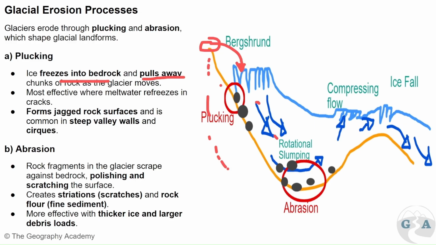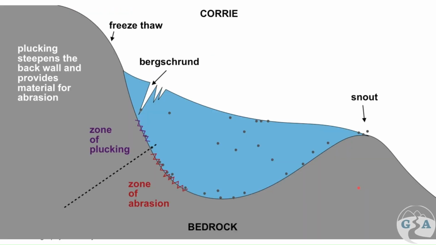So the plucking starts to erode away the back wall and makes it steeper, and then the rock and the sediment that's brought with it reaches the bottom and is used as abrasion. So that's when the rocks are grinding along the bottom here, and that's going to deepen out that shape there quite a lot. So plucking and abrasion can happen throughout the glacier system, but at this stage we're just talking about up in a corrie. So a corrie is this area that's opened up